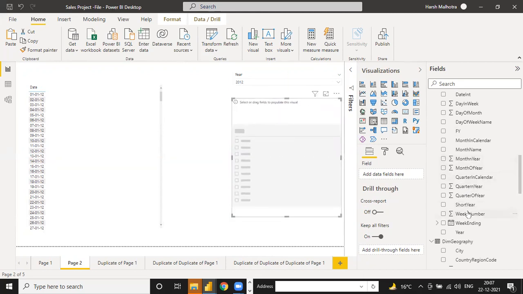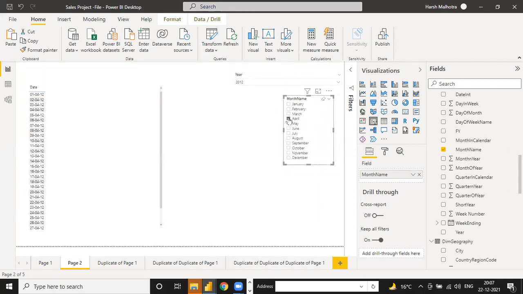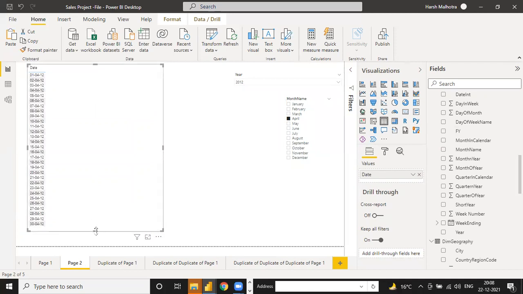This time I want it on the basis of month. So in 2012, if I click on this April, only April data is there. Complete April month data is there.